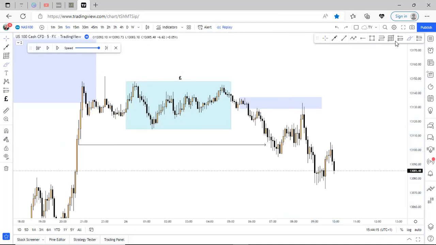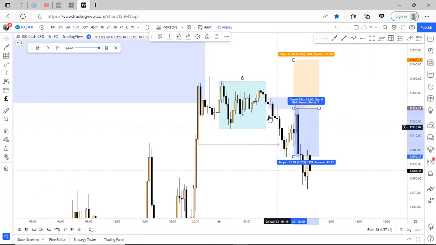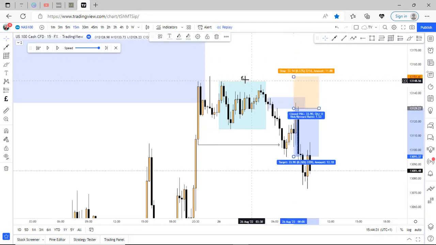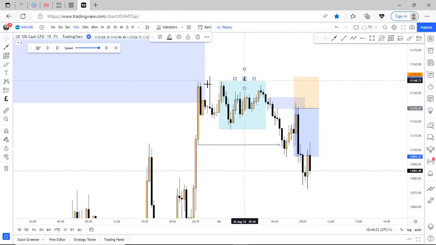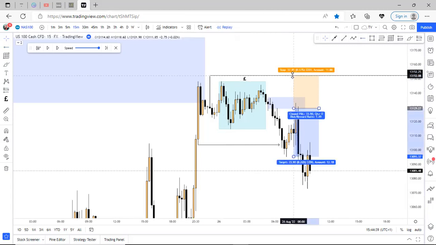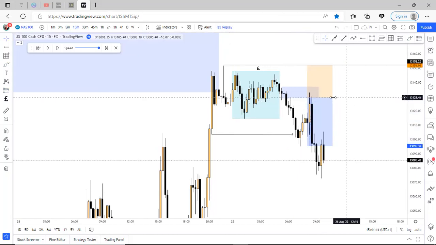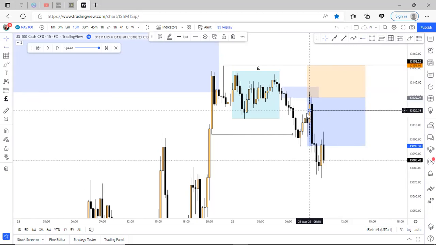Because of that, I decided, though this zone looks mitigated already, I just knew the market was going to retrace back to this area. For stop loss, I put my stop loss above this Asian range high, just in case price decides to spike up. So my stop loss was at this end, and my alert went off. I got into a sell, and I think my order was filled around this level because I didn't have the perfect entry from right here.